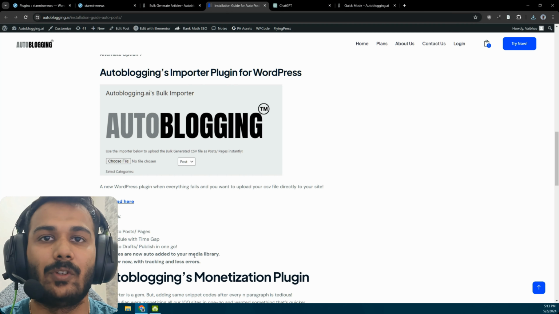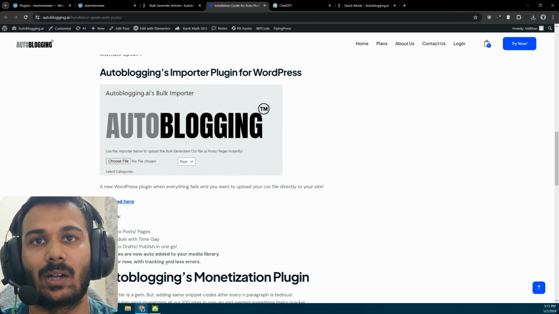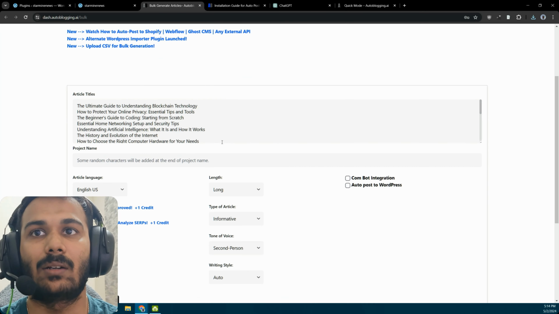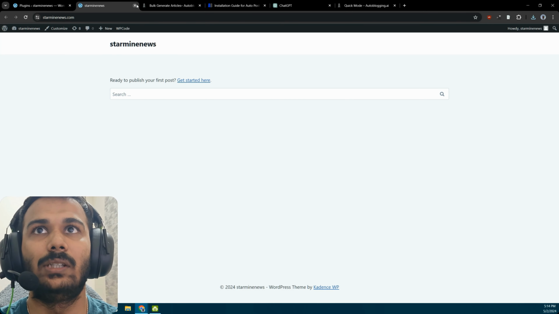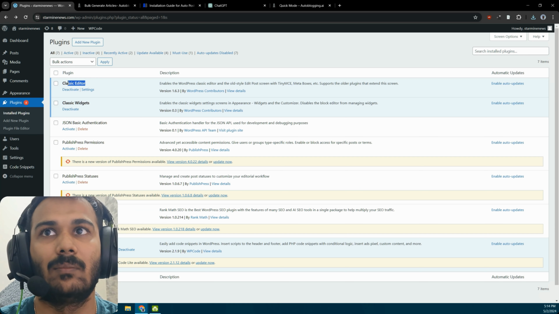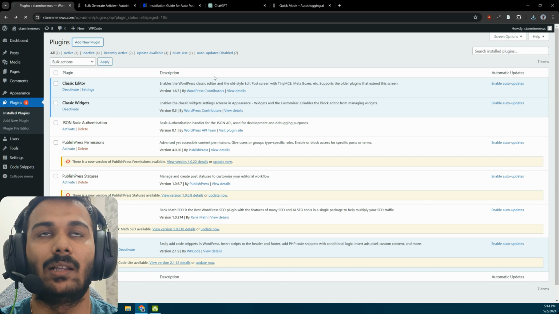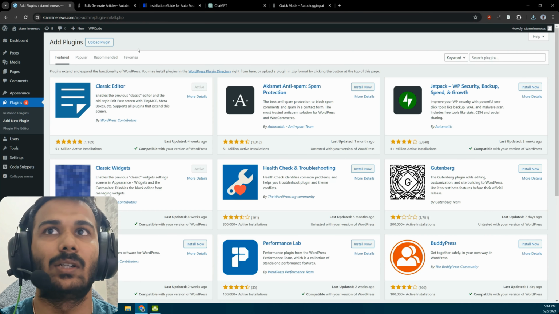It has a bunch of new updates, like images are auto uploaded to your media library and it is faster now with tracking, and you can fix it as well. So anyway, we'll come back to this. So this is all you need when you use WordPress. Make sure you have classic editor because this will in turn help you in using the auto linking tool if you want to use that. Upload this plugin that we downloaded,